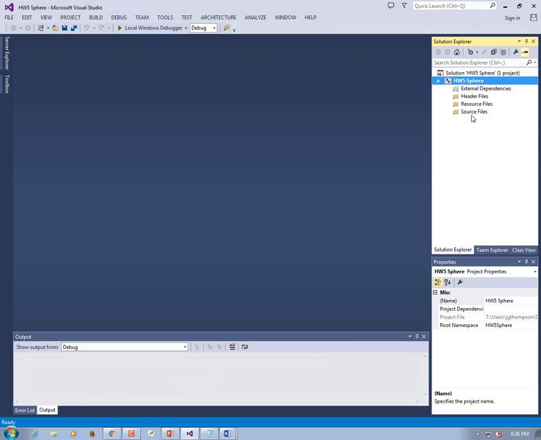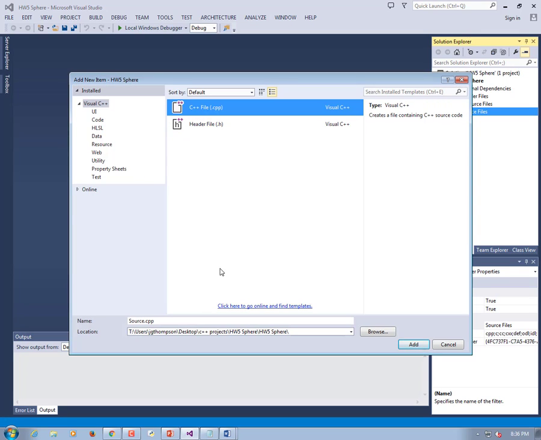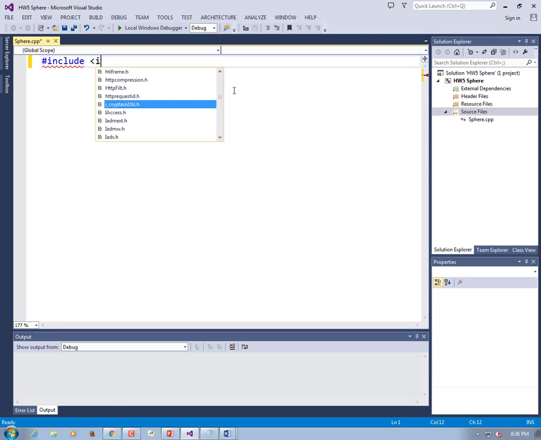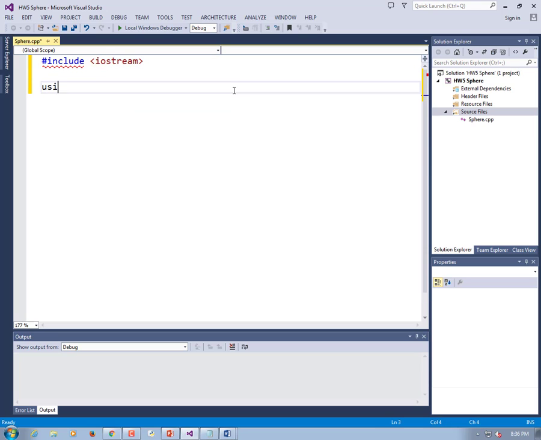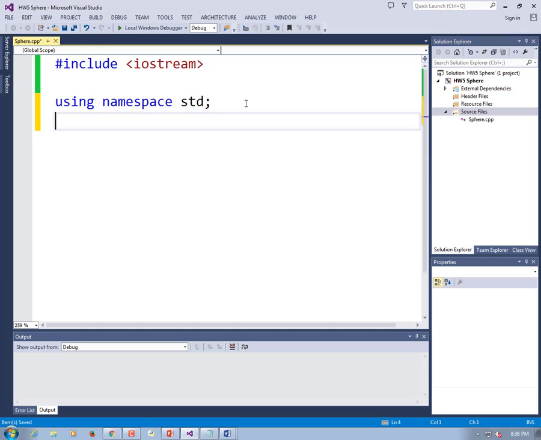Create a CPP file. So add new item. You could leave it source.cpp, or you could call it sphere.cpp. I don't think we're going to need strings, but we certainly will need IO. So #include iostream, using namespace std. And anytime I'm doing this, if you already have the boilerplate nearby, you may as well just grab it. Int main